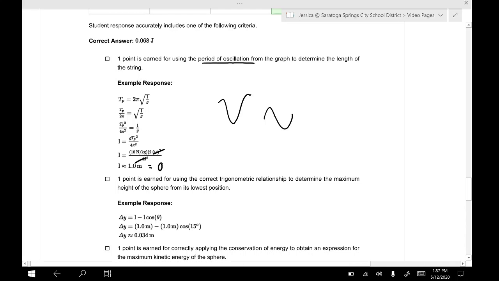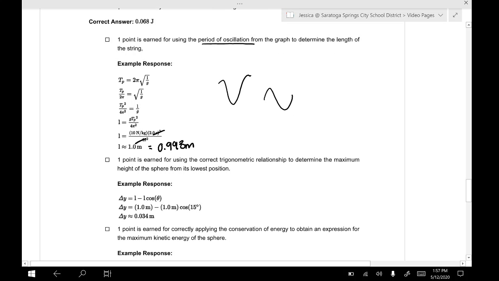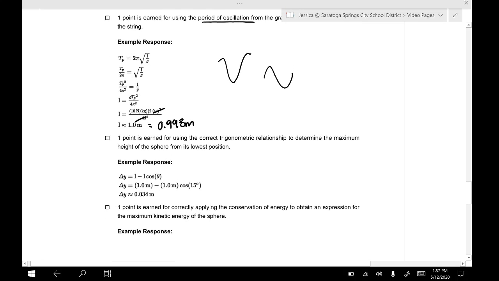So that gives me 0.993 meters. Okay. Then remember, you can find the maximum height or maximum displacement for the height by using this equation here. This would be a good one to add to your reference table. Okay, so if we use that 0.993 that I just got, we end up getting